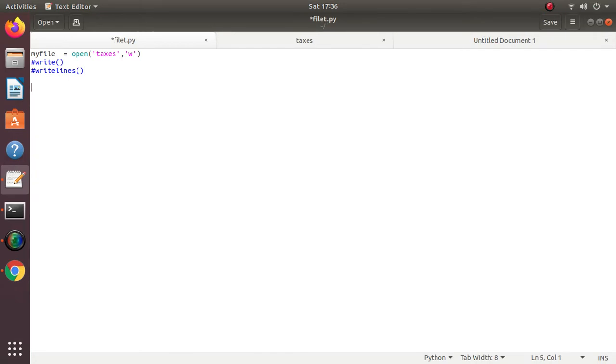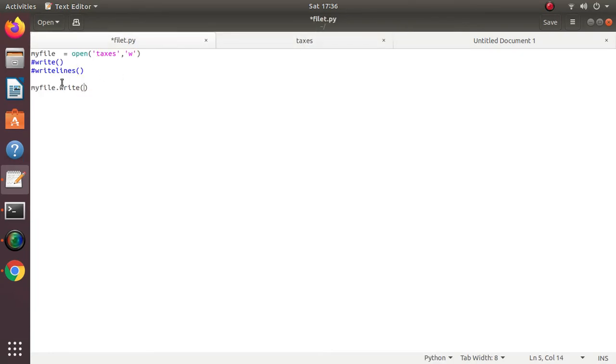The first function is used by writing the file object, myfile dot, calling the write function. I can write anything in this file taxes with the help of this write function. Within this write function, I will have to pass the string that I want to write inside this file.